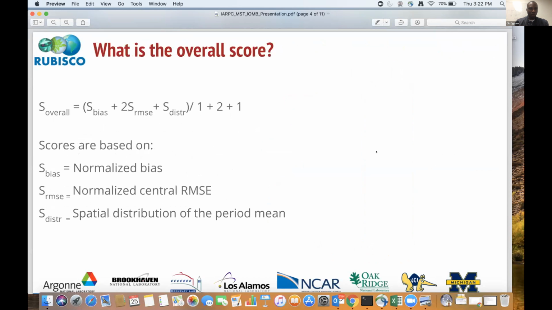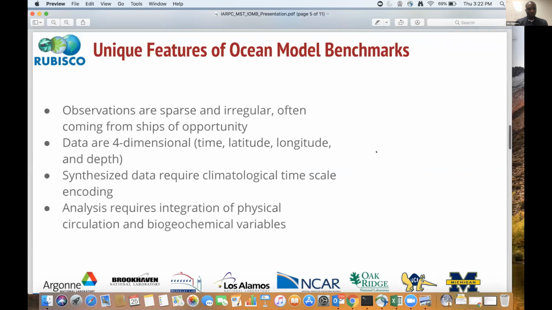Talking about the overall score now, we score the bias of the model against the benchmarking data set, then score the RMSE, and then we score the spatial distribution as well. We put more weight on the RMSE. Again, all this is well explained in Nate's paper, which I'm going to link at the end of this description.